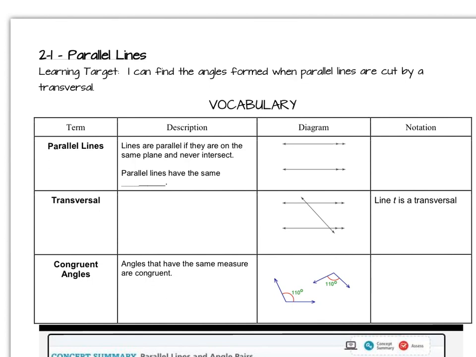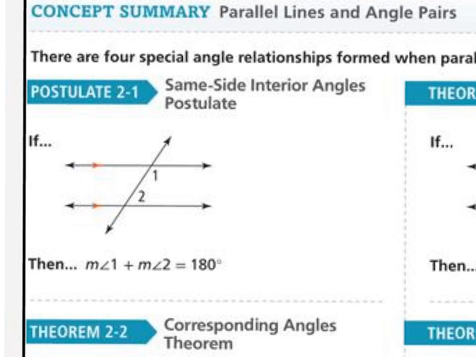Lesson 2.2 is titled Proving Parallel Lines. But what I'd like you to do first is go back to the vocabulary page in Lesson 2.1. I just want a refresher on the types of angles at the bottom of that page. If you remember from this lesson, we had a postulate and 3 theorems, and there was something that was consistent